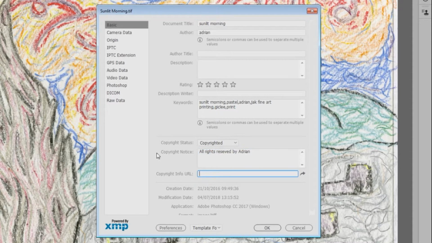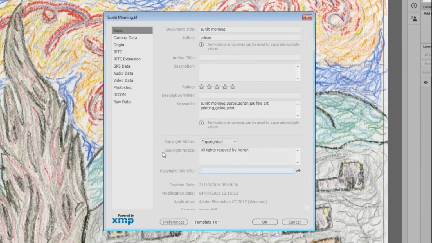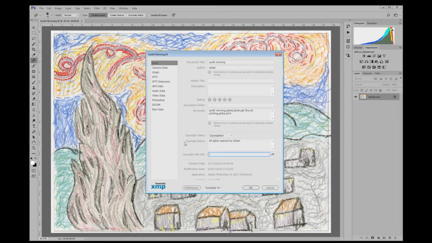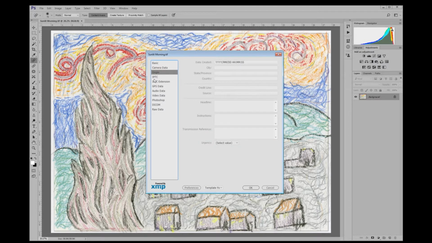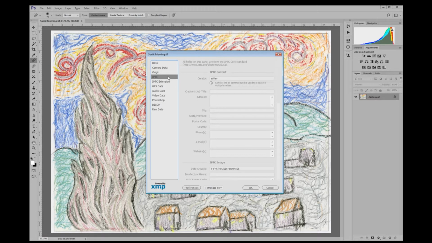Then here, if you've got a copyright link on your website, like in your terms and conditions, that sort of thing, you can put a link here to your website. And then I don't normally worry about the origin, and then if you want to, you can go onto this IPTC, so